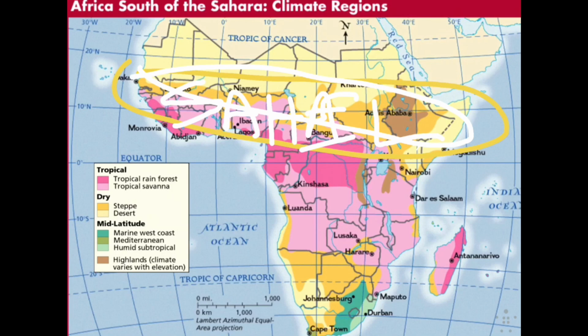Now, we've talked about this in the previous unit as well, but desertification is going on in the Sahel. This is where land turns into desert because of the destruction of vegetation. Because of what people are doing to the land, this area is turning more and more into a desert. The Sahara Desert is growing, and the Sahel region is shifting, and we're losing a lot of our other climate regions. And then we have the desert climate zone, which is there's still quite a bit of desert climate zone here. We've got several deserts in this region.